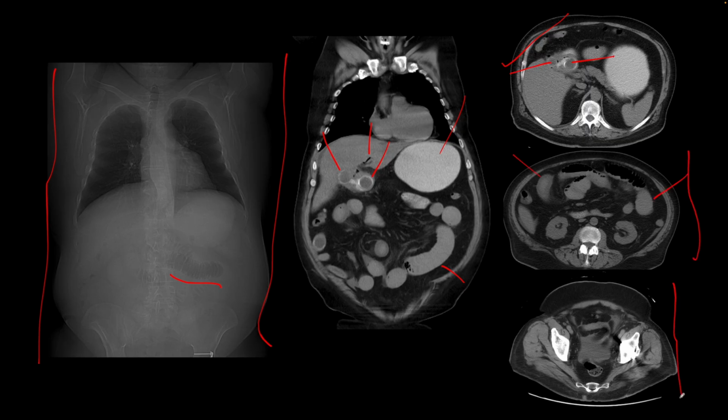And at the bottom, we have an axial image of the pelvis showing some reactive free fluid in the pelvis. The other finding here is in the right lower quadrant. There is a stone which is similar to the other stones that I showed you before, and this is the obstructing stone. So in patients who have gallstones for a long time, history of prior episodes of cholecystitis, and they